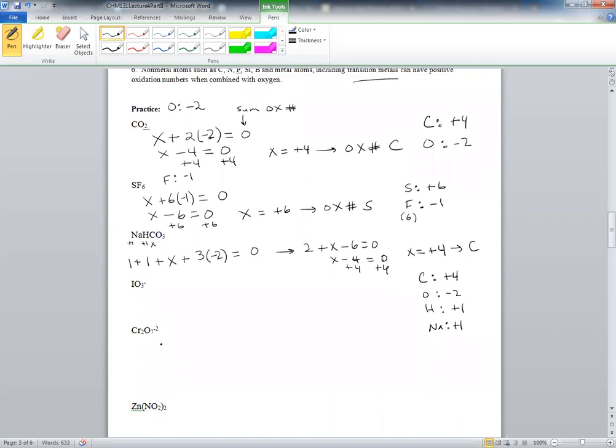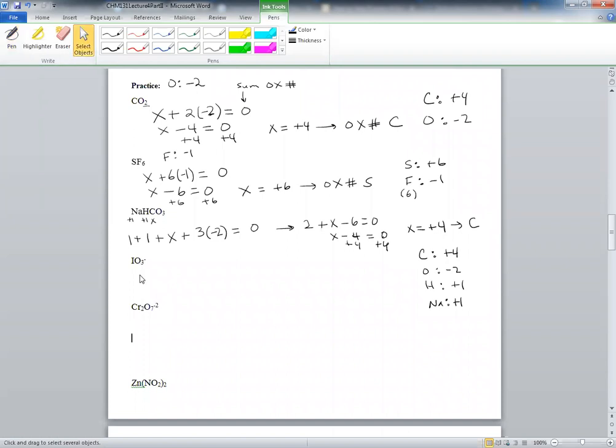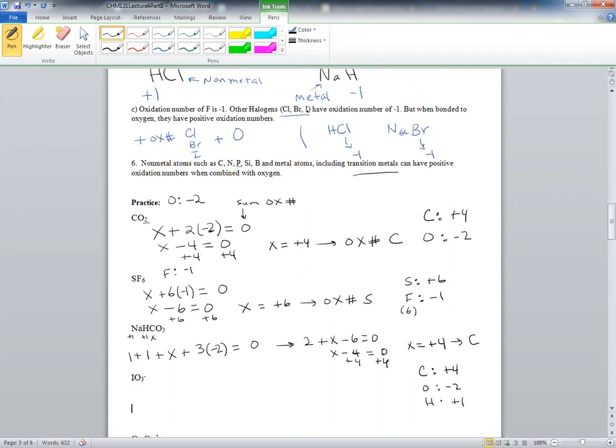So here's an example of iodate, or iodine. It's a halogen, but it's not attached to something that would give it a -1. It's attached to O. So let's actually go back up to here and look how I can have oxidation numbers